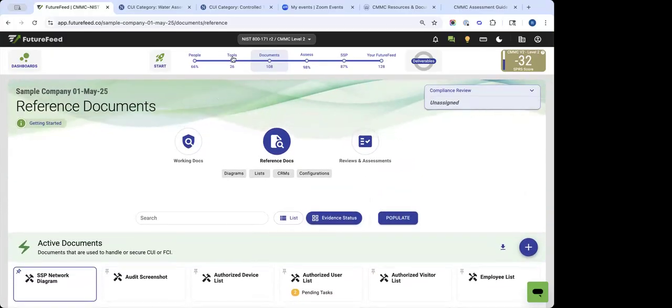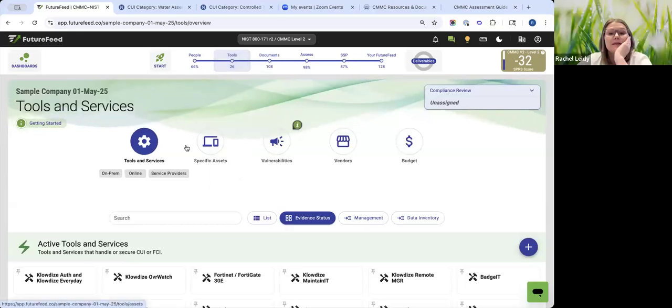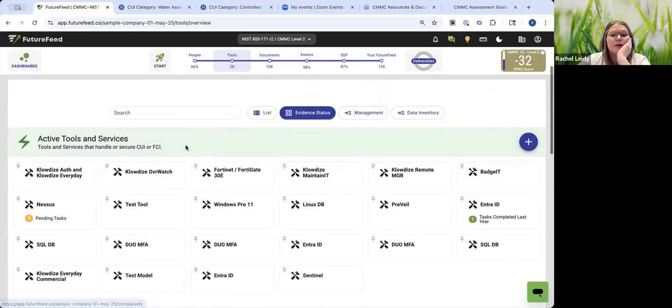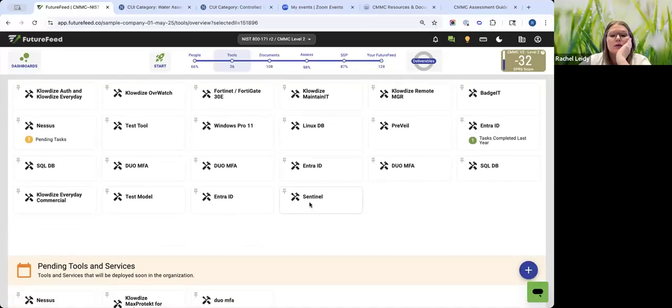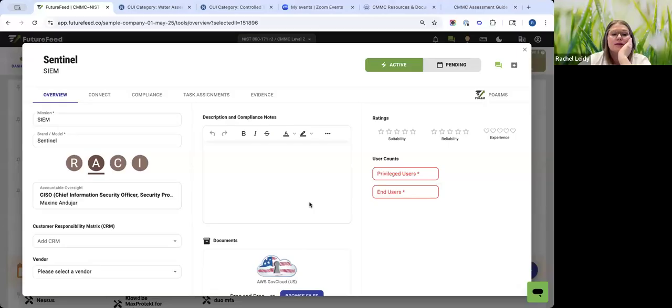All right, so probably the last important part is that whole, let's go over these. Your clients need to put together a list of the hardware, software, and then start entering them into FutureFeed, and then open up the inventory items and start filling out all of this data. As far as what technology to put in FutureFeed,